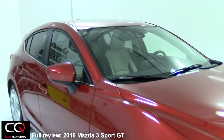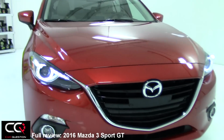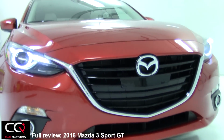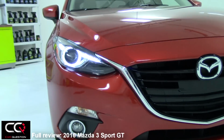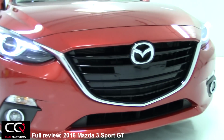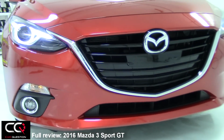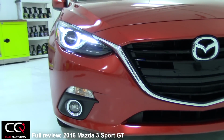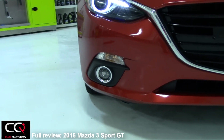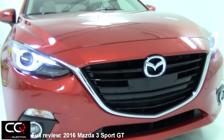That's a nice line, nice design. When you look at the front end, the Mazda logo, which is chrome, you can see the nice opening, and you've got the LED headlights right there, which are gonna act also as daytime running lights. Touches of chrome will go all the way from one side to the other, right at the tip of the headlight. You've got fog, you've got chrome under that, you've got another opening right there under, and I just love